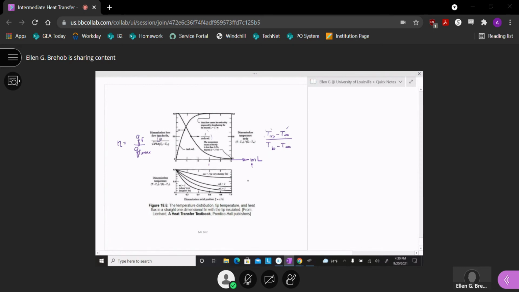In this second figure, they're plotting dimensionless temperature again. So this is what we have up here. And they're showing that at a combination of M times L of about 3, this dimensionless temperature gets all the way down to 0 by an ML